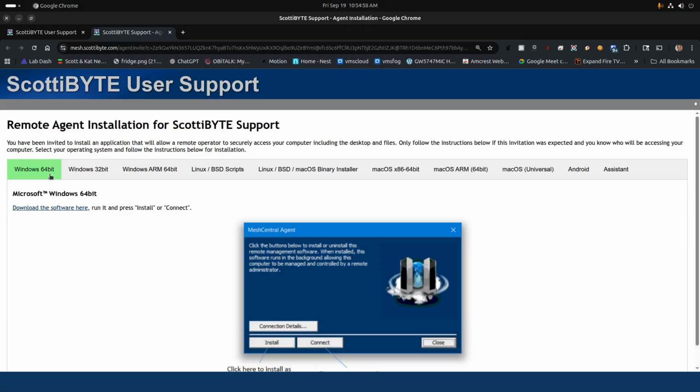So as an example, for Windows 64-bit, I could download the software here and click install or connect. And if I mailed the link here in my URL line, it would be mailing the link so that that end user would have the link in order to run the agent from their desktop as what's called an instant support agent. And then likewise for Windows 32, likewise for Windows on ARM,